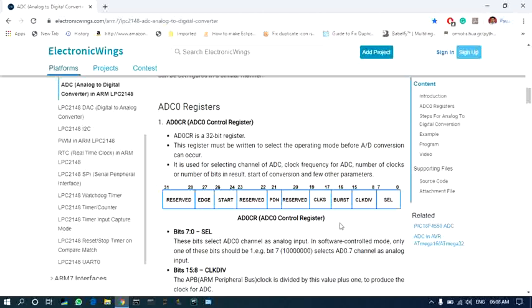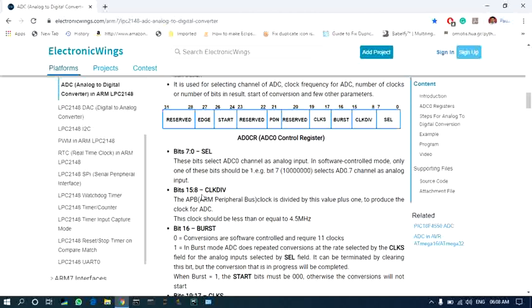For example, if we want to select the AD0.7 channel, we need to enable the corresponding bit position in the select bit pattern to enable the selection. At a time, all channels can be selected under AD0.